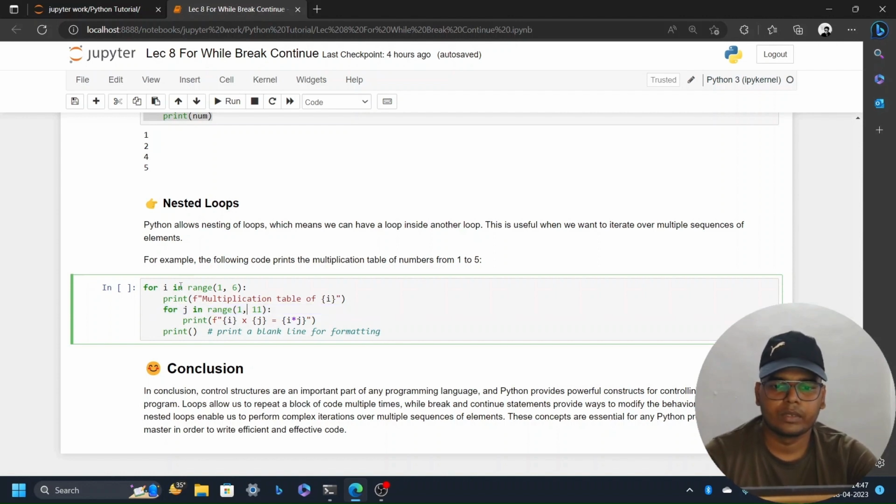So when i is equal to 1, j equals 1, 2, 3, 4, 5 till 10. So this print function will be printed here. 1 into 1 is equal to 1, 1 into 2 is equal to 2, 1 into 3 is equal to 3, 1 into 4 is equal to 4, 1 into 5 is equal to 5, till 1 into 10 is equal to 10. So when the value of i is 1, this will be printed, and when the value of i is 2,